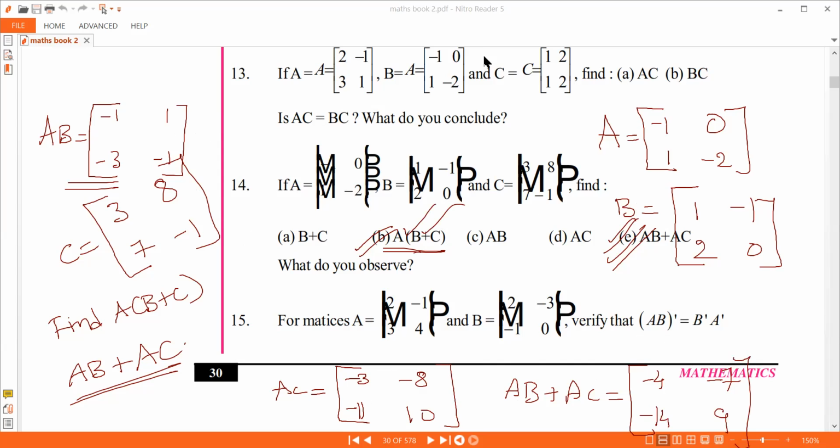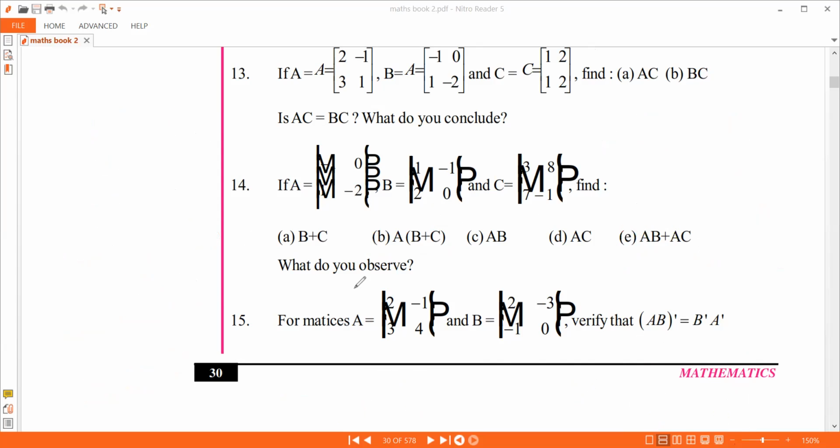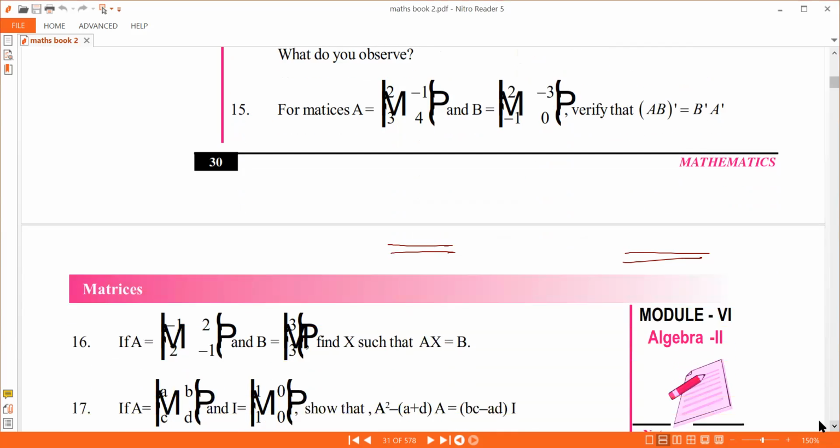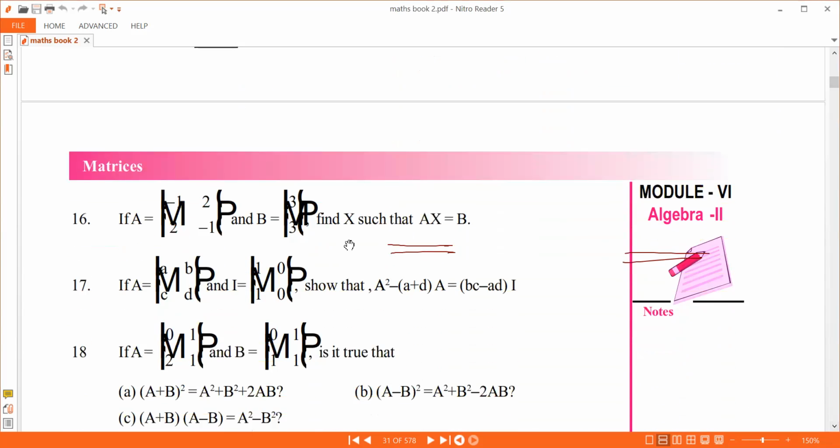So this problem, you are familiar and sure about this. Now fine, so we will go to the next. This is the observation you have: this one and this one are equal. That's what we are going to see from here. That is the observation. The next part is the one we have to find.